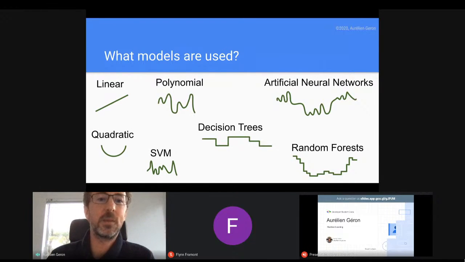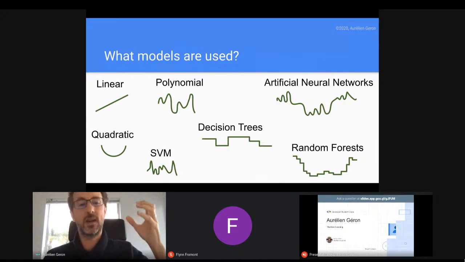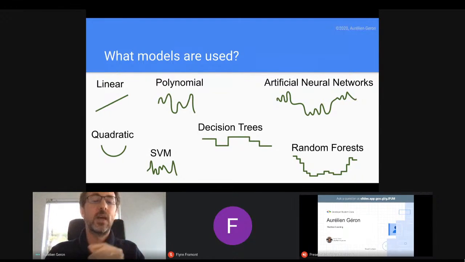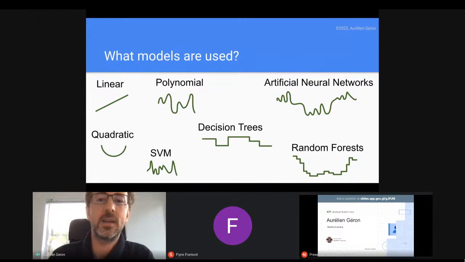But just to be clear, you don't always need to have big data sets to use machine learning. First, you could use a very simple model, like a linear model or so on, and it's still machine learning. And second, you can actually do something called transfer learning and use an artificial neural net that was pre-trained on some data and just fine-tune it on the little data that you have. And this is also very frequent when using artificial neural nets.